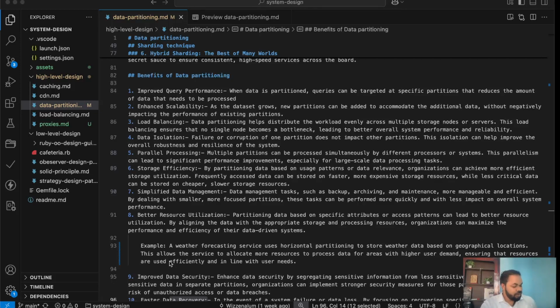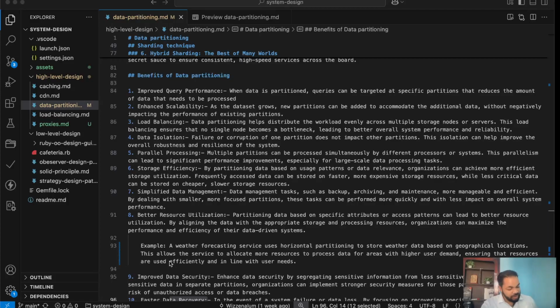One way is if, between partition one and partition two, one partition has more data and the other has less data. And the other way this skewed data happens is